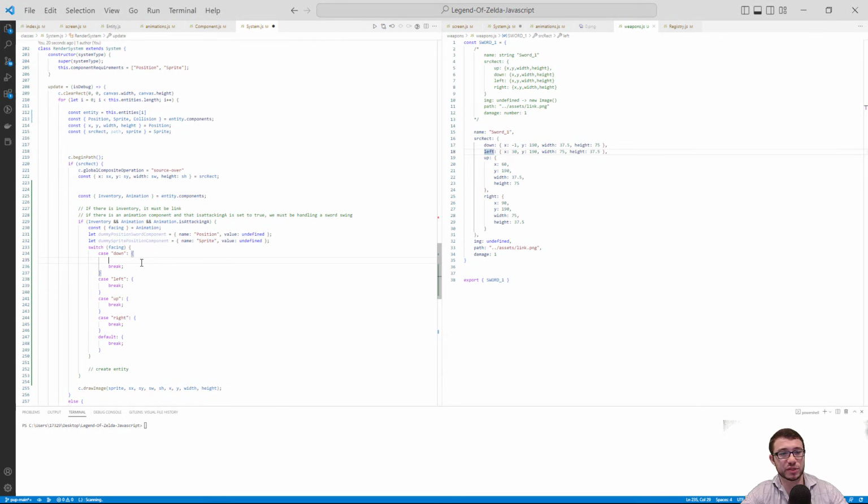So let's think about this logically now. When we are swinging the sword and Link is facing down, where do we want the sword to appear? Well, to me, I want the sword to appear in the middle of his body, like he's thrusting it outwards from the center of his sprite. So I need to position the X value for the sword's position component in the middle of his body. And how we do that is we will let X equal to the X position of